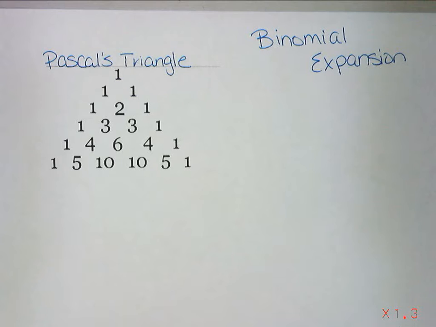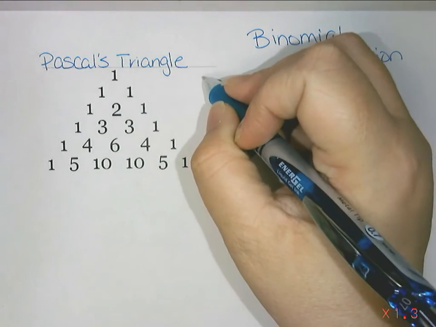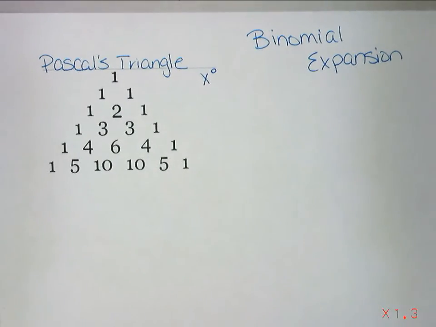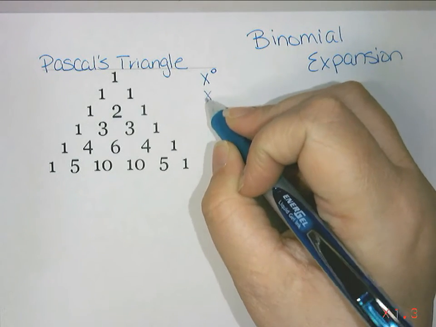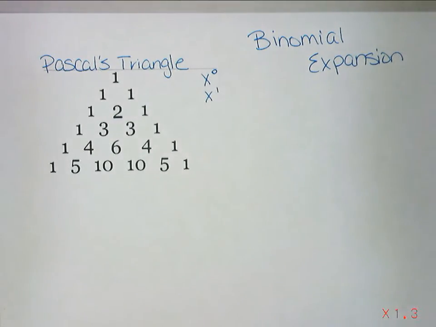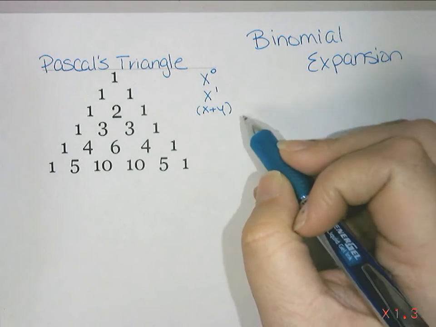So here's what's called Pascal's triangle. Pascal's triangle is used for a lot of different purposes, and there's lots of different patterns. But we're going to be able to use this for binomial expansion. So your top row is going to be to the 0 power. This is going to be to the first power. And then if we had something like x plus y to the